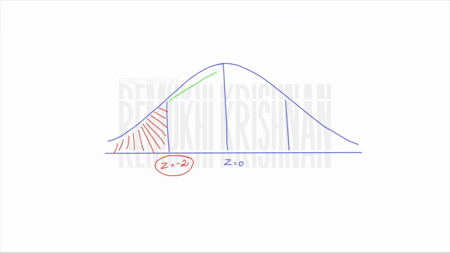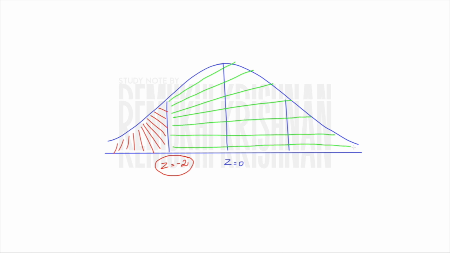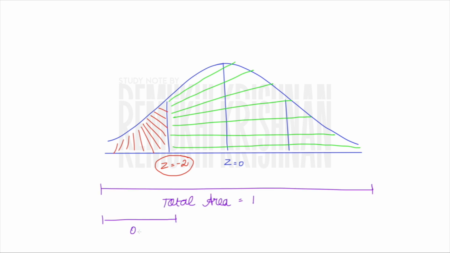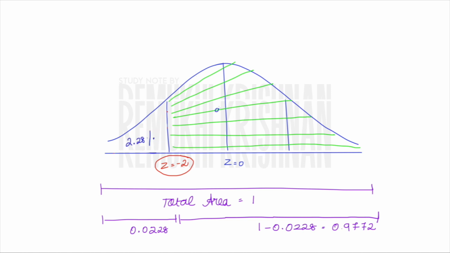So yeah, let us again see with the help of a diagram. This is the area. So this is kind of a logic. Okay, so if z is equal to -2, so these are the areas shaded. These are the areas where my net present value is going to be greater than 0. So in simple terms, this entire area is 1. So we already know that the red shaded area is 0.0228, and yes, we have to find the rest of this. So simply by subtracting the total area and the area shaded in red, we will be arriving with the rest of the area. So this is 2.28% and this is 97.72%. So this is the probability of getting our net present value greater than 0.